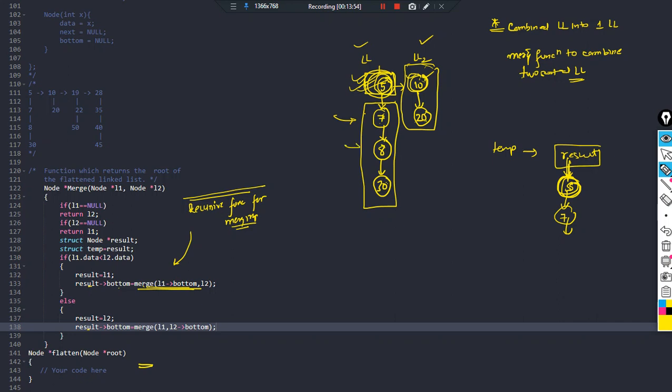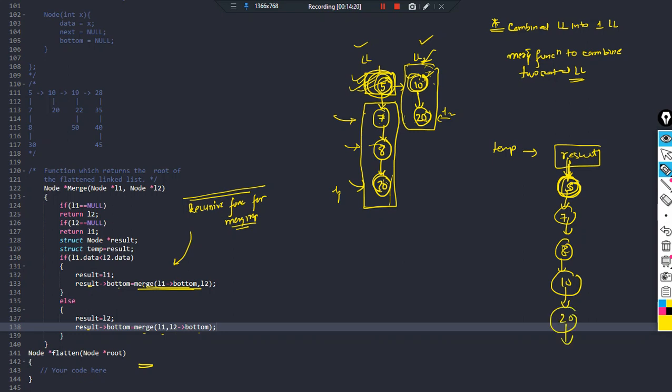So this linked list will be considered, and this linked list will be considered. Again 8 is the smaller. How will 8's bottom be decided? By passing this address and this address. Again 30 and 10, which is the smallest? 10 is the smallest, so I'll consider 10. How will 10's bottom be decided? L1, L2.bottom. L1 is right now pointing to 30, L2's bottom means 20. Which is the smallest? 20. 20 will be given here.